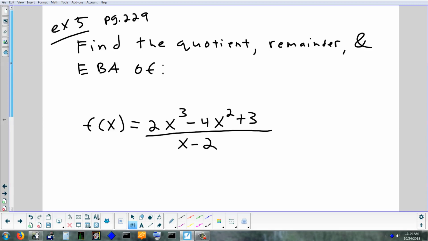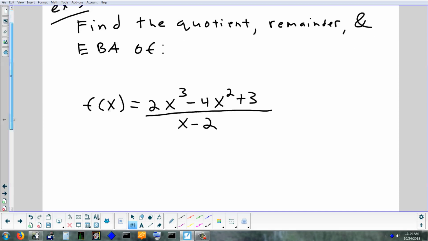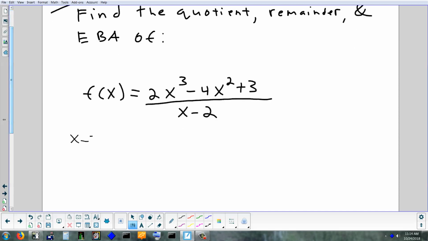So let's do it out, it doesn't matter. In this case, you could do long or synthetic. I'll do long division because I'm not going to guarantee you always have a problem you can use synthetic on. Right? But long division, you can always use it. So x minus 2 into 2x cubed